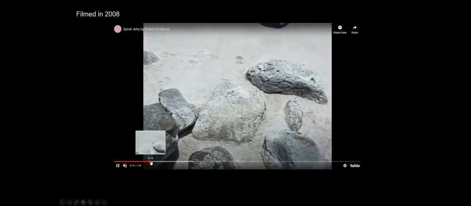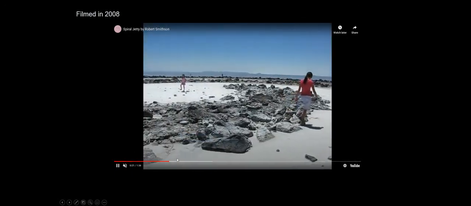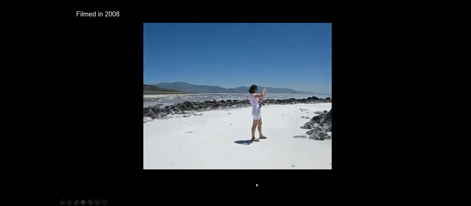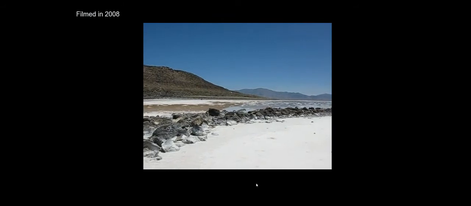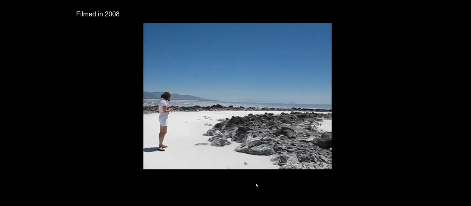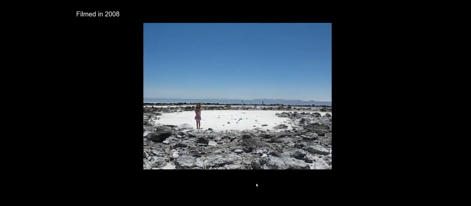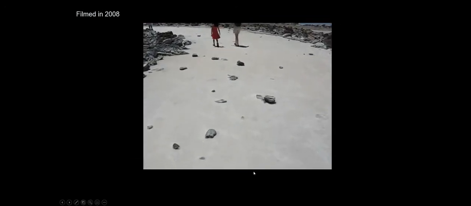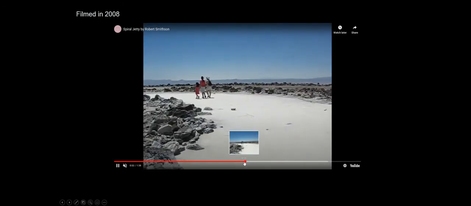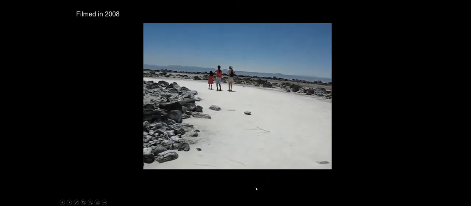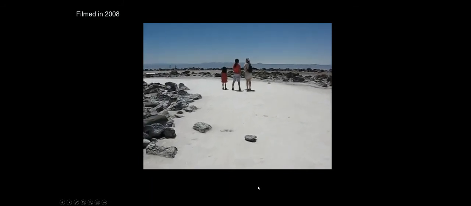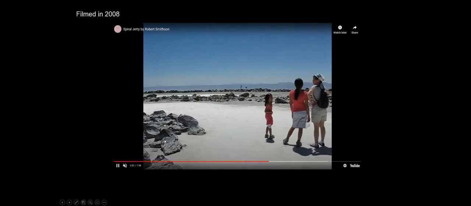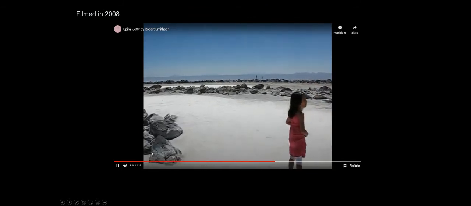Again, this is the idea that art doesn't have to have an owner. Art isn't a commodity. Art isn't a painting hanging in a museum. It can be an experience for anyone to enjoy. So this is what it would look like to go see Spiral Jetty in person. And I have to admit, this is one of those places that's definitely on my bucket list. I would love to go to Utah and see the Spiral Jetty firsthand. Look at the way that the sand sparkles because of all the salt content in the Salt Lake.